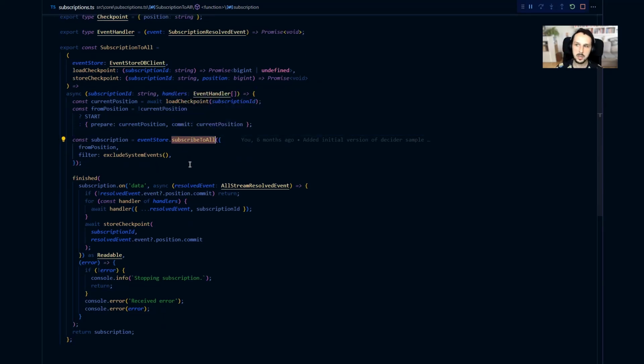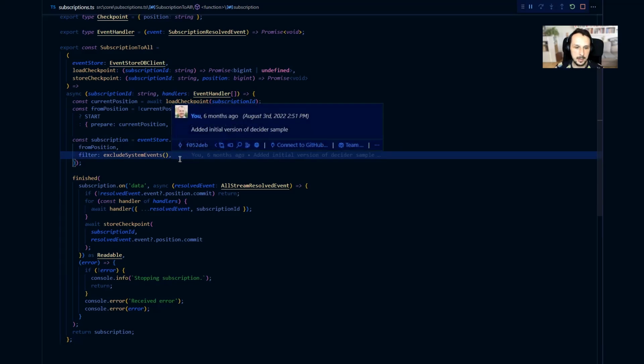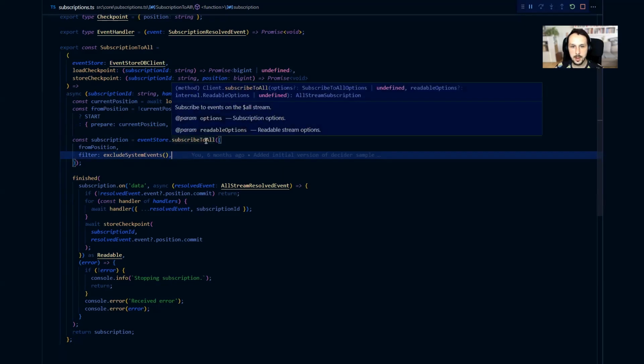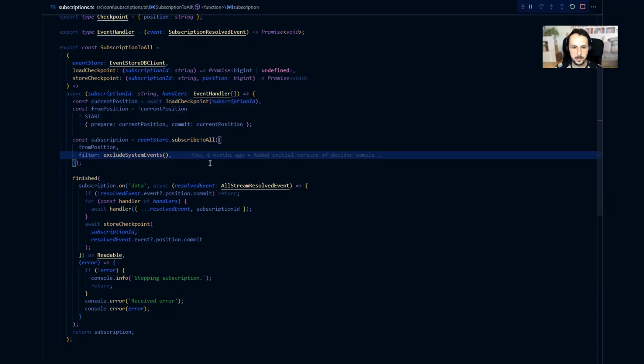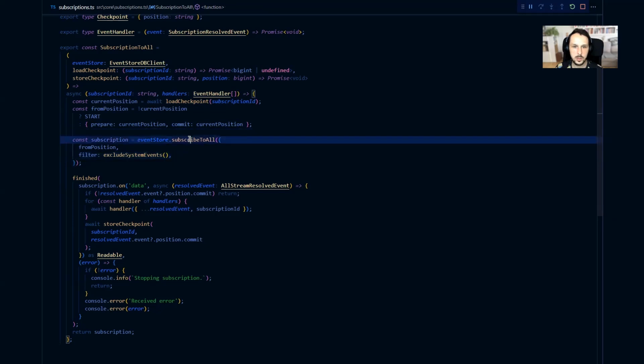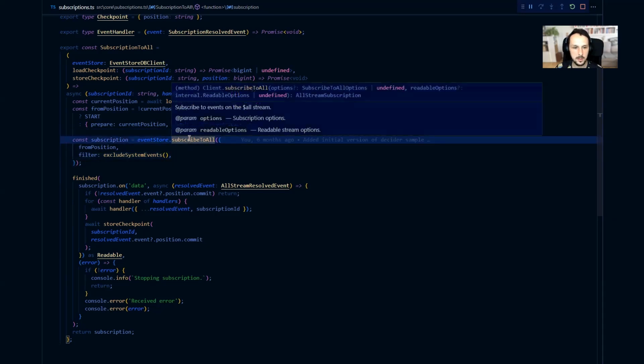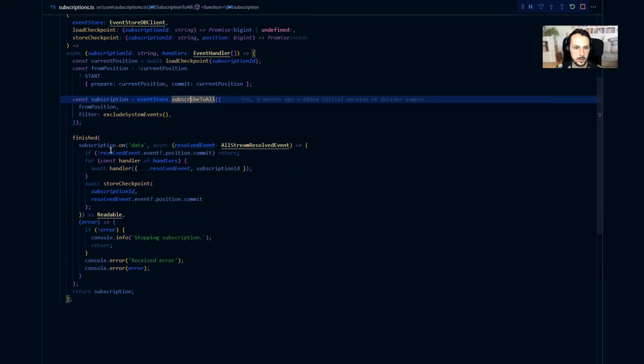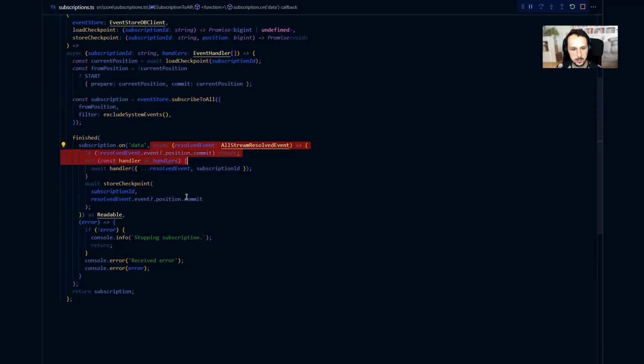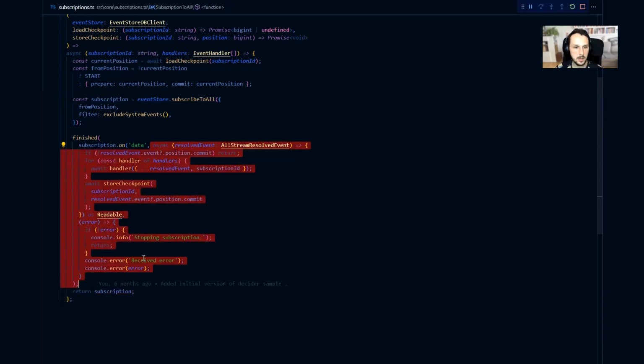And then we can tell Event Store DB to subscribe and give us all the events. Event Store DB gives us the possibility to subscribe to all events and also apply some filtering. Like here, I'm excluding the system events. And we can also subscribe to a specific stream. In different tooling it's different, but yeah. So let's say that we want to get all the events. And here we need to provide the callback function. So this is the function that will be